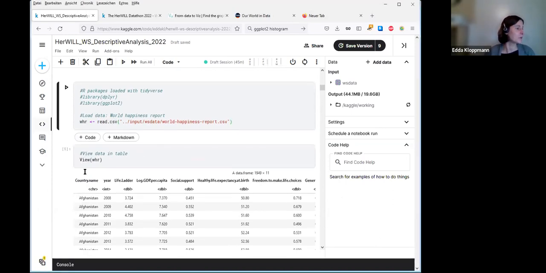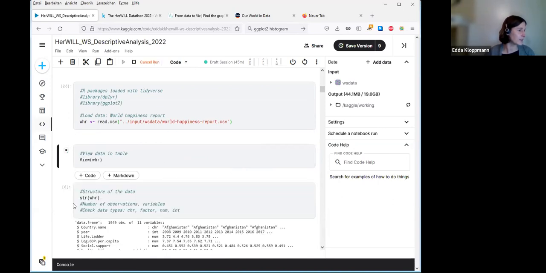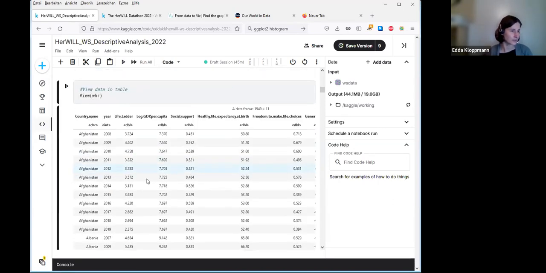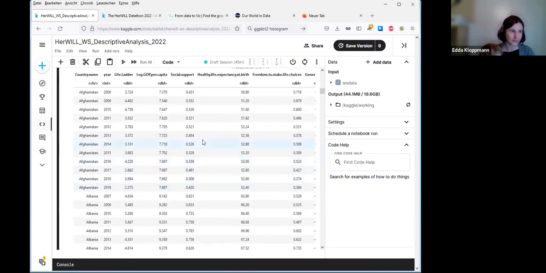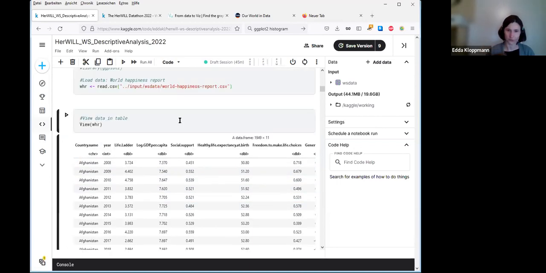Okay, so with view, you can see this kind of tabular overview of any data. This is just very helpful. If you just load data, you can have a look at it and you'll get some information. If you have already looked at the data set in the database, then you will at least know some of the